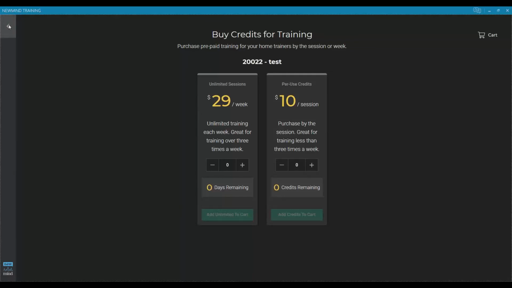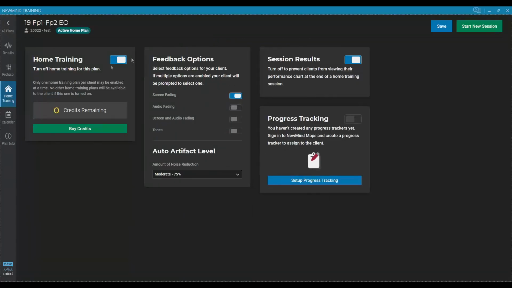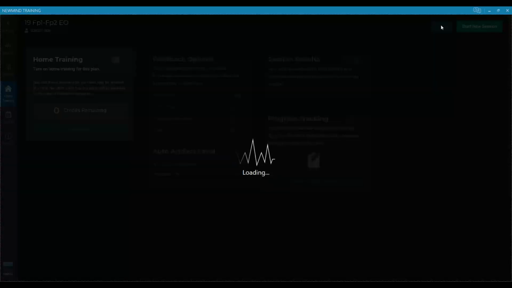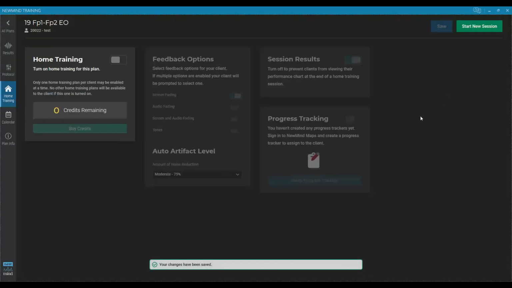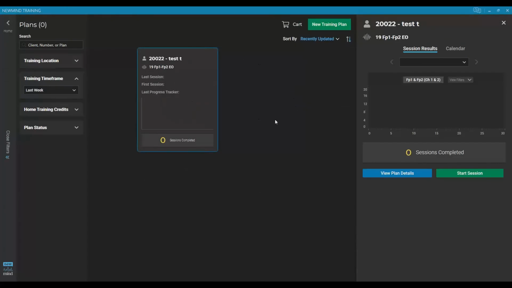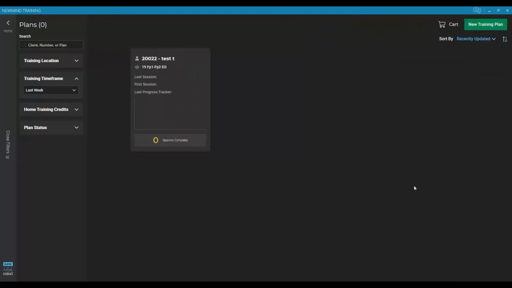So if I come up here, I can hit the back button, and I'm just going to go ahead and deactivate that as a home training plan. And now I'm just going to save it. All right, now if we come back to this far left side of the screen and click on all plans, we can see the plan we just created. And I can close this out. So this is what you would see when you logged into your software. And then to run this session,